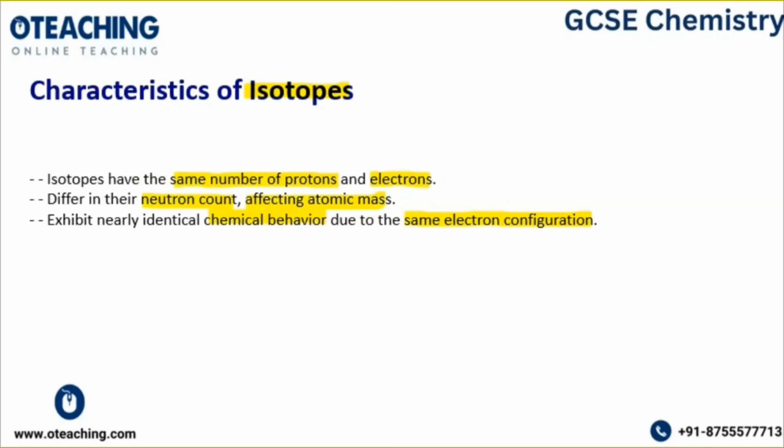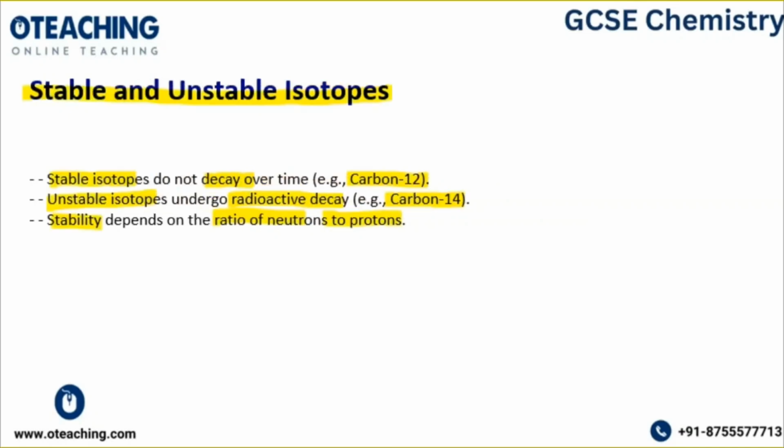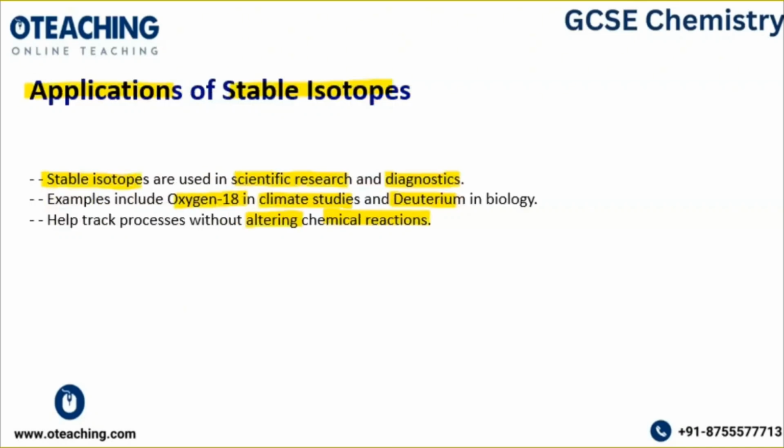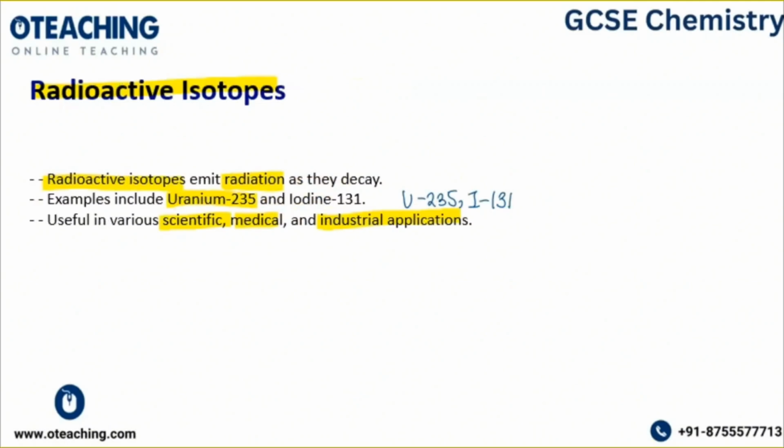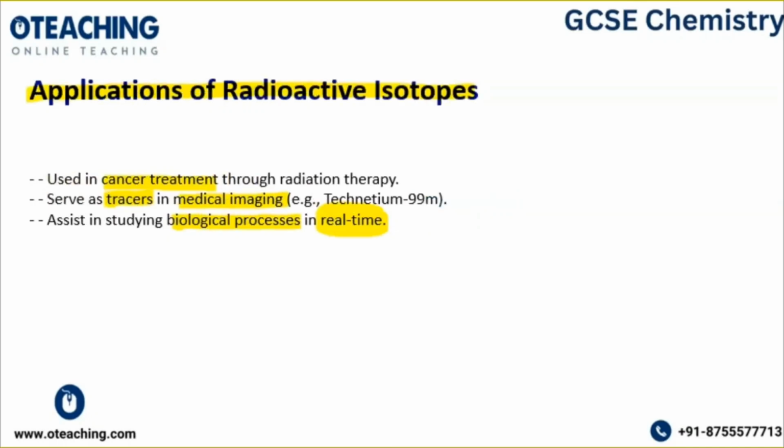Then characteristics of isotopes. After that, we studied stable and unstable isotopes. Unstable ones undergo radioactive decay, that means they emit radiations, and stable ones do not undergo radioactive decay, for example carbon 12. Applications of stable isotopes: I told you that oxygen 18, the isotope of oxygen, is used in climate studies. Then radioactive isotopes, for example uranium 235, iodine 131. They are used in cancer treatment, and they serve as tracers in medical imaging and also to study the